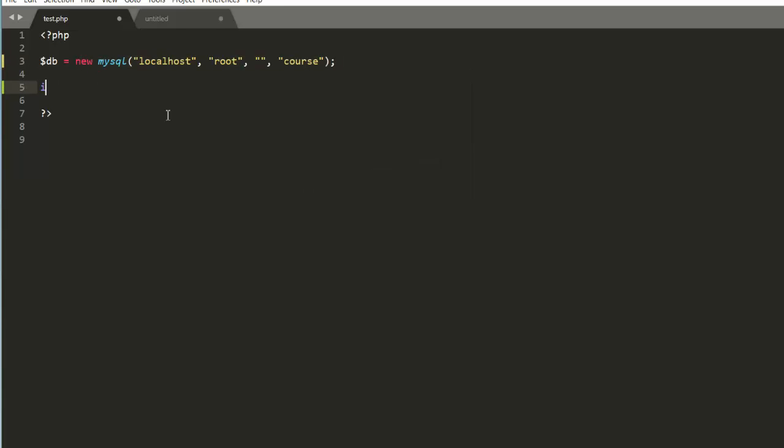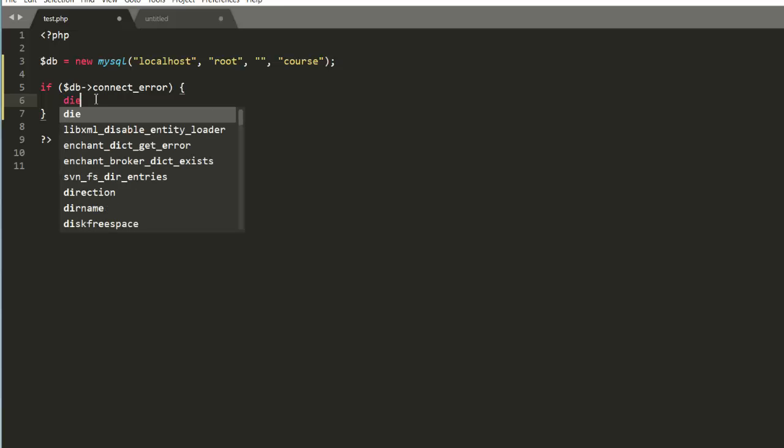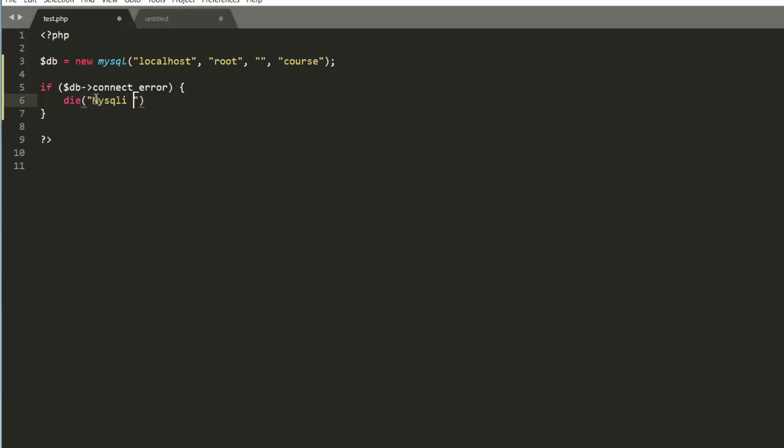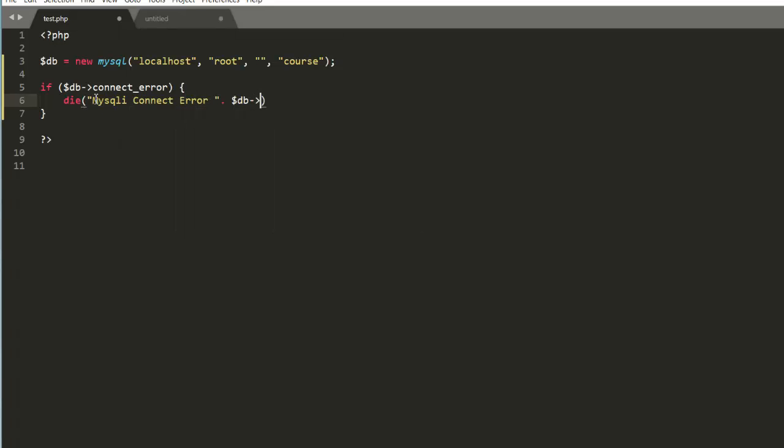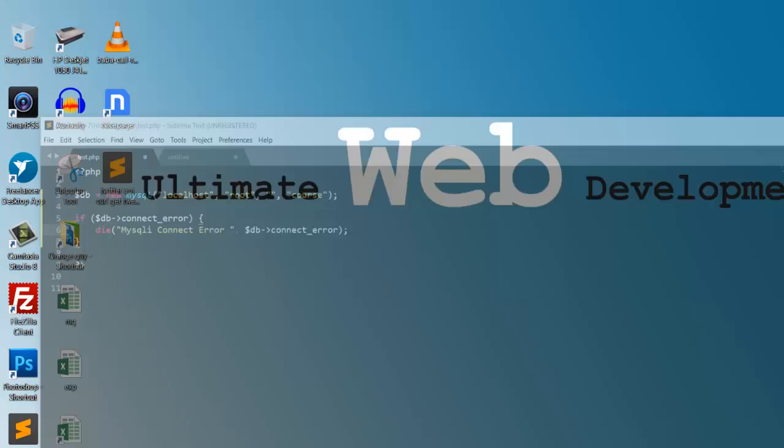Now we have to check whether the connection was good or not. For that, we will use the object arrow and say connect_error. If there is any connect error, then we have to display the error and die the script. mysqli connect error, and we will say $db connect_error. This will display the error. Save it, come back,